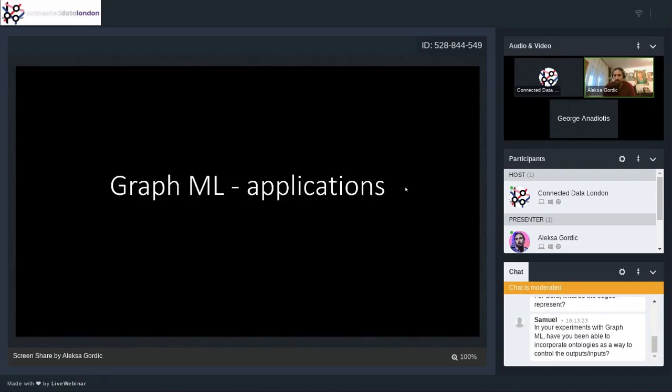There are initiatives, I think it's called Open Graph Benchmark. I may be wrong here, but people are working on this, and GraphML in general is still a relatively young field compared to other research areas. So people are going to, I assume, introduce something similar to what ImageNet was to computer vision back in 2012.